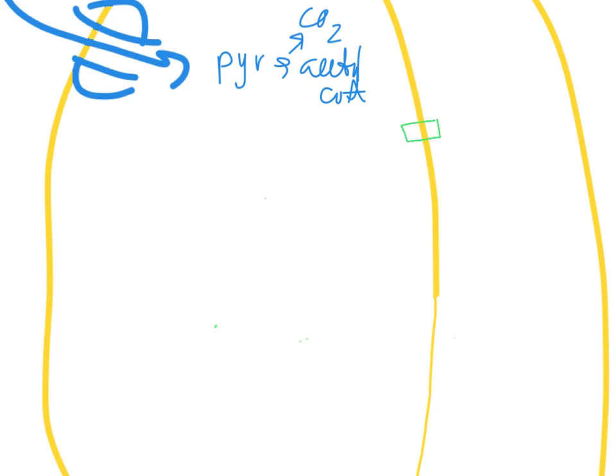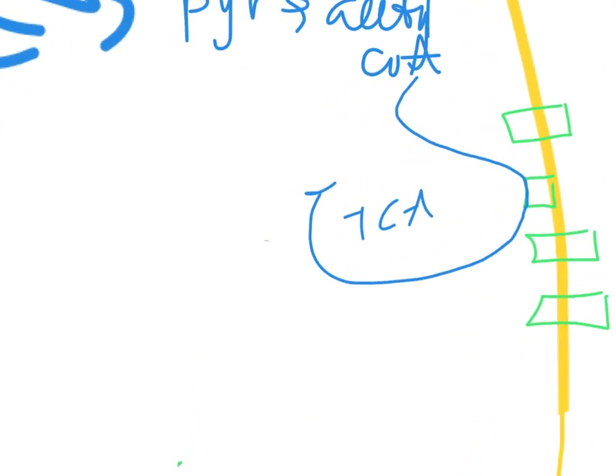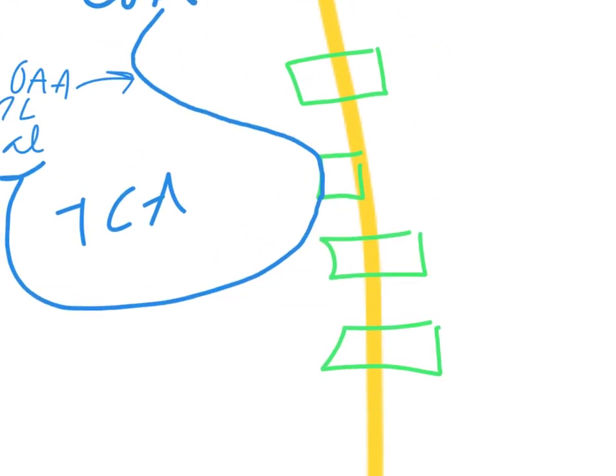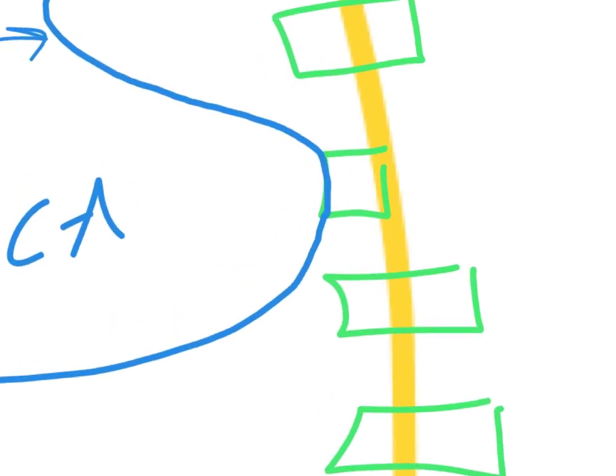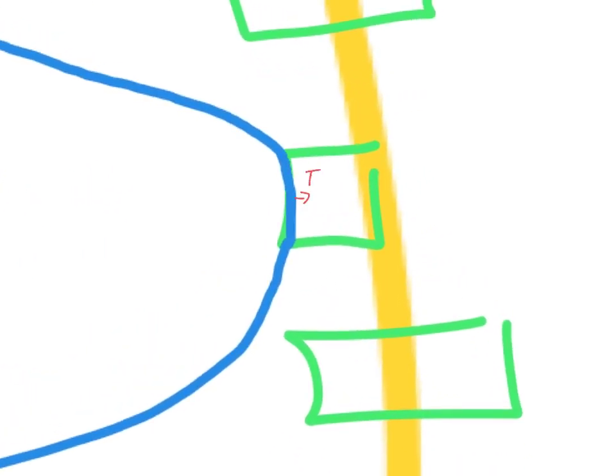Okay, so I'm going to put my electron transport chain here. Complex 1 to complex 4. Now, I'm going to connect this TCA cycle here, because one of the reactions on the TCA cycle, that enzyme is complex 2, the one where FAD comes from. And then I'm actually also going to put back in here malate to OAA, because that's going to be important for what we're going to talk about. So this one right here is where FADH2 comes out